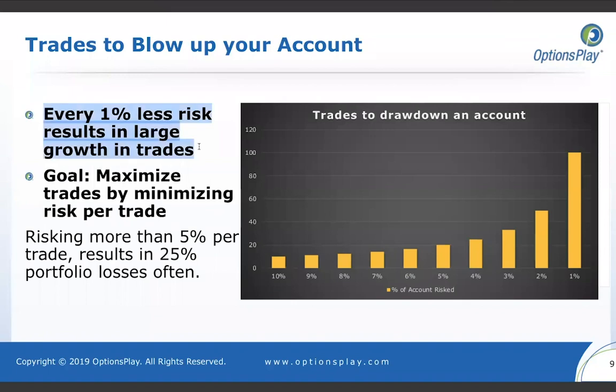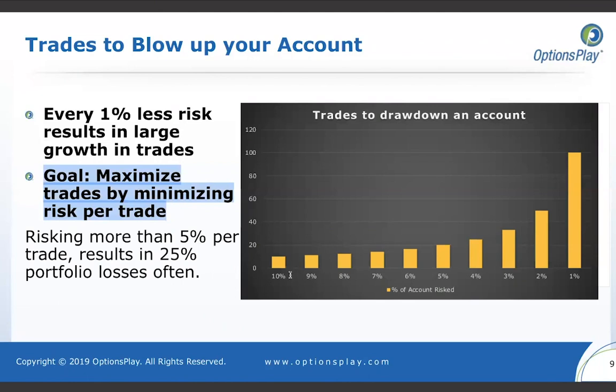What I'm trying to illustrate here by this chart is that for every 1% less that you risk on a trade, it results in a substantially larger number of trades that you can make before you draw down your entire account. The goal here is to simply maximize the number of trades by minimizing the risk per trade, because you want as many trades in a row as possible before it takes to blow up your account. And the only way to do that is by minimizing the amount of your account that you're risking per